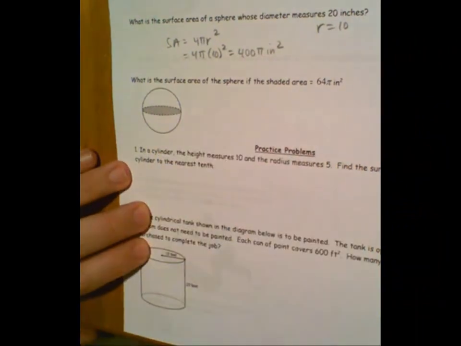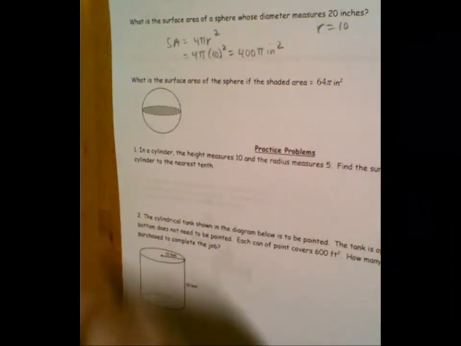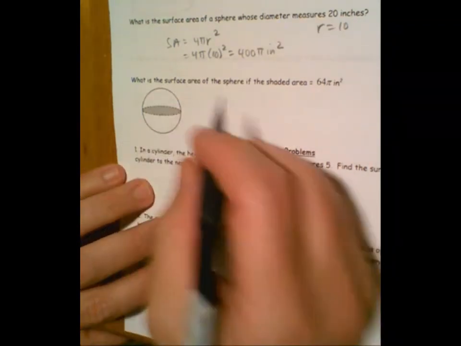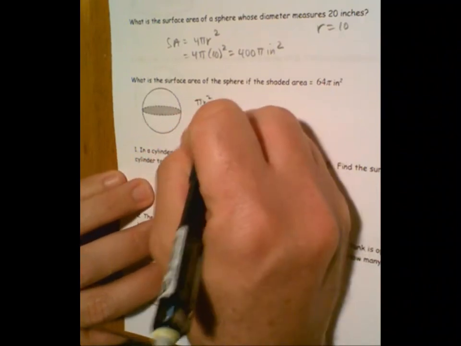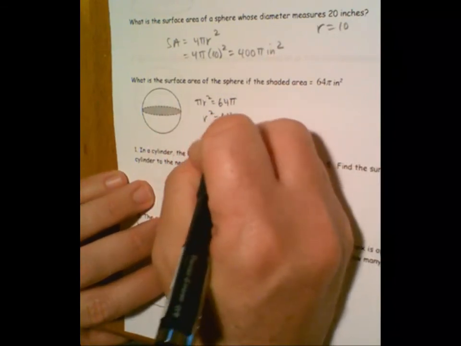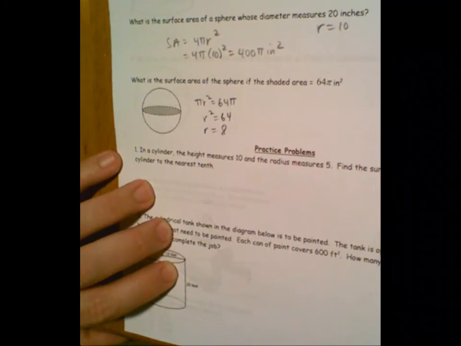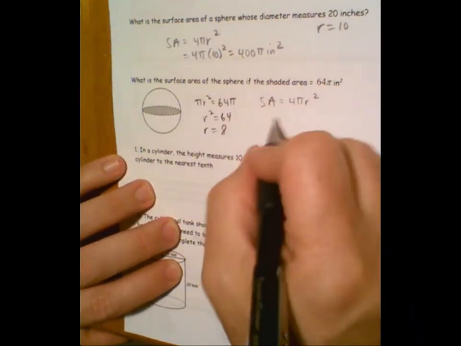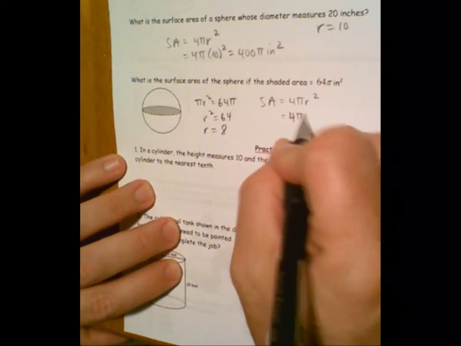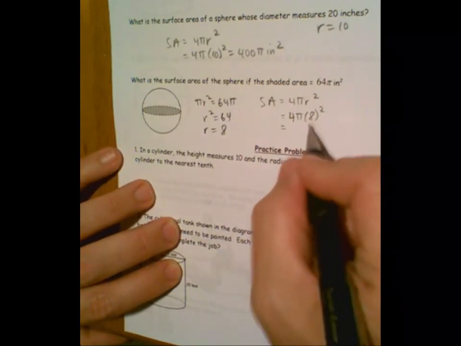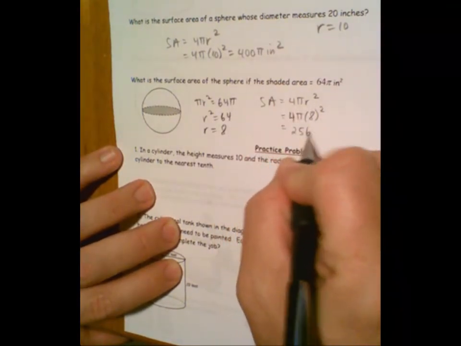What is the surface area of the sphere if the shaded area is equal to 64 pi? Well, so we have, this is 64 pi. The area of a circle is pi r squared. So pi r squared is equal to 64 pi, which means if you divide both sides by pi, r squared is equal to 64, and r is equal to 8. And now that we know that r is equal to 8, the surface area is equal to 4 pi r squared, 4 times pi times 8 squared. 8 squared is 64 times 4 is 256. So we have 256 pi